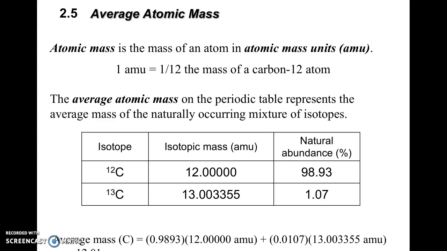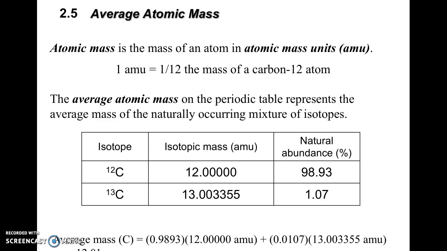Atoms are extremely small, so talking about them in terms of grams would be very difficult. So the AMU, or atomic mass unit, is defined as 1/12 the mass of a carbon-12 atom. And so that is basically the mass of a proton or the mass of a neutron. Whenever we stop and think about the fact that most elements have isotopes which have additional neutrons, and therefore have different masses, if we're just trying to talk about carbon in general, we've got to look at its